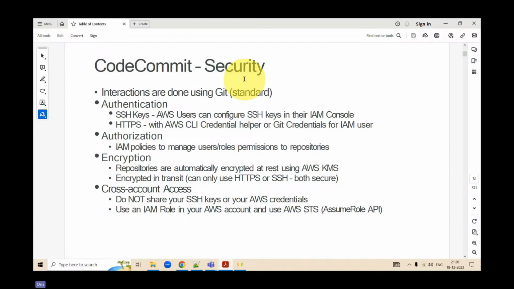You do not share your SSH keys or AWS credentials whenever you are trying to connect cross account. This is the first thing. Second, use IAM roles or STS for it. STS is a kind of security token that is applicable only for a short period of time. Let's say an auditor comes up and wants to gain access to your system for an audit. Will you give him full access?